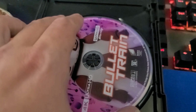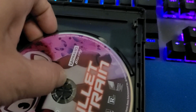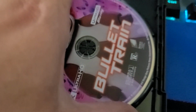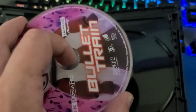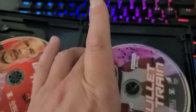Quick last-minute addition before I forget. I was talking about this 100 gig or upwards of 100 gig. Who knows? There's probably 80 gigs on this triple layer Ultra HD Blu-ray. I believe mechanically and technically there is no reason why they couldn't do double-sided, triple layers on each side 4K discs for a total